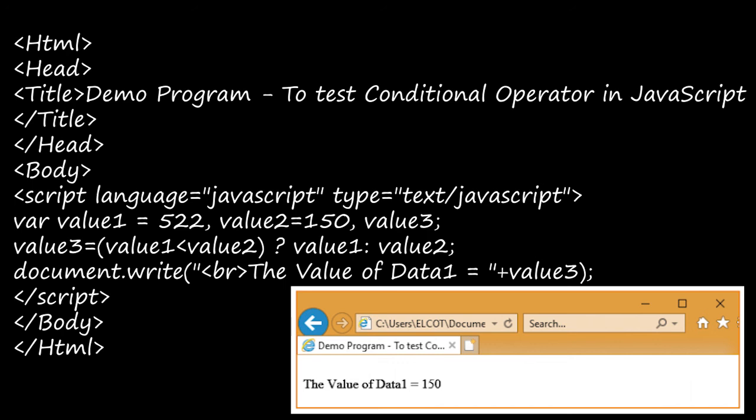Arithmetic operators, assignment operators, relational or comparison operators, logical operators, string operators, increment and decrement operators, unary plus and minus operators, typeof operator, conditional operator, right? You just learn these operators thoroughly and check with the syntax and coding. Learn what is the use of each operator and learn the syntax thoroughly so that you can write your own coding, right? Make sure you learn this today itself.